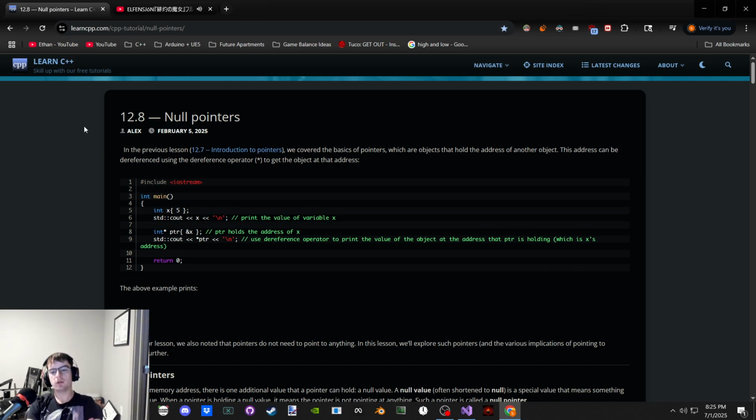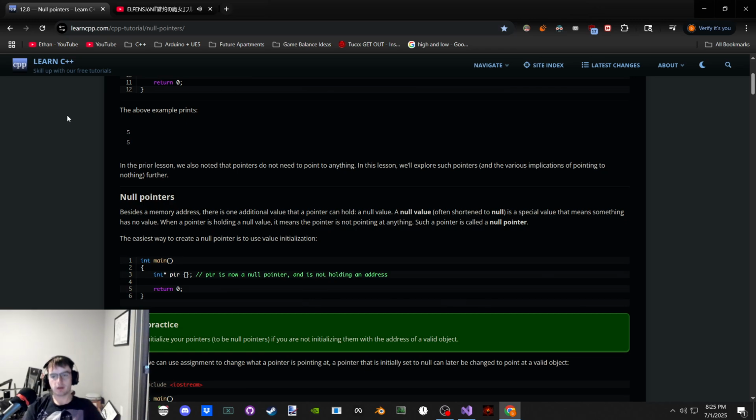I also noted that pointers do not need to point to anything, because it could be null. Such pointers and the various implications of pointing to nothing. What happens when you point to nothing? Besides a memory address, there's one additional value that a pointer can hold. That's it: null or the memory address. A null value